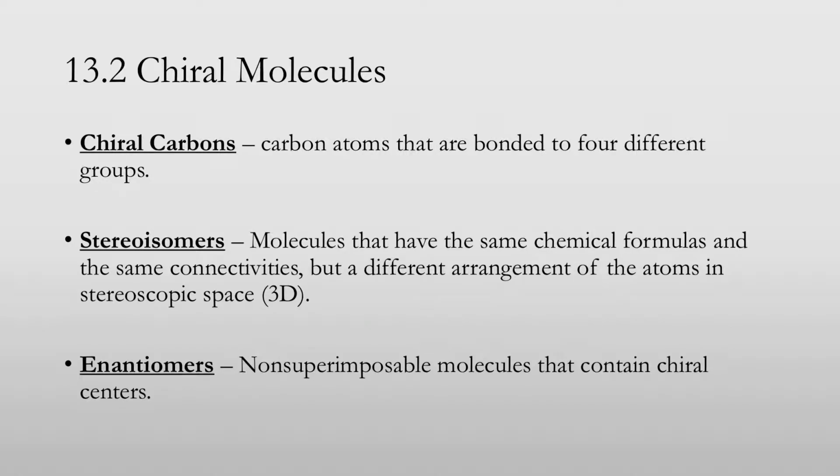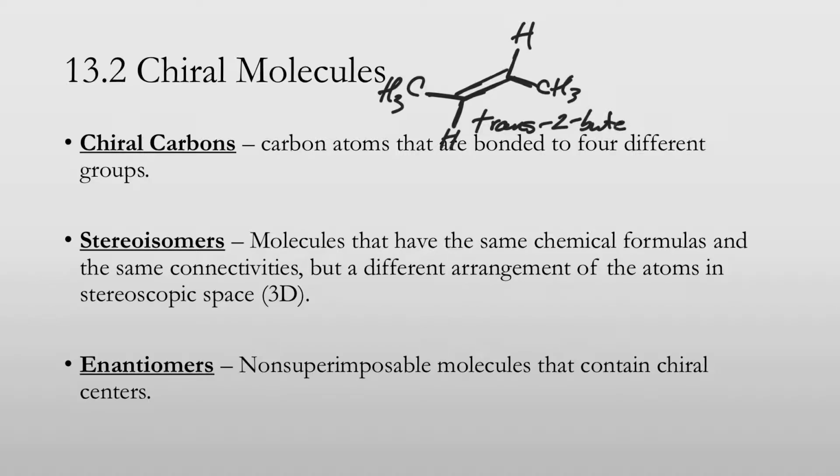Chiral carbon atoms are carbon atoms that are bonded to 4 different groups. And when that happens, we get one form of stereoisomerism. We saw another one with cis-trans isomers in the organic chemistry unit. So if we have a hydrogen and a hydrogen, a methyl and a methyl, that would be trans